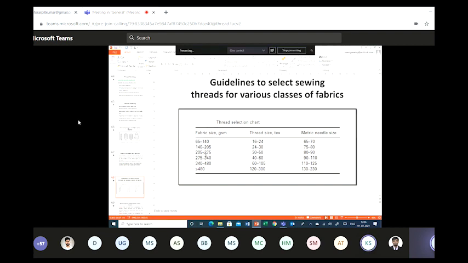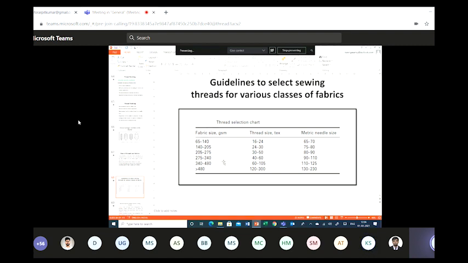As the garment becomes heavier, sewing thread also becomes heavier. There is no point using the heavy thread with the finer GSM. What happens when you use the 120 tacks thread to stitch a fabric of 65 GSM? These heavy threads will break the fabric yarns. Then it will be useless.